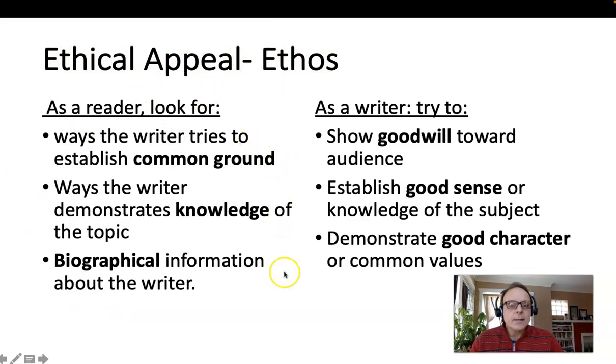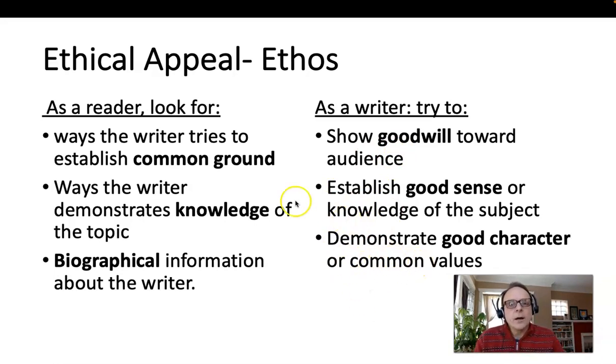And it has this idea of we trust this person. And so if you're trying to write as a writer, you want to get trust from your audience. Try to show goodwill towards your audience. There are a lot of different ways to do that, but some of it's just the tone, the way that you write. Trying to write carefully and clearly is a way of showing goodwill, I think, to the audience, because you're basically saying, I'm going to try to communicate clearly to respect you.